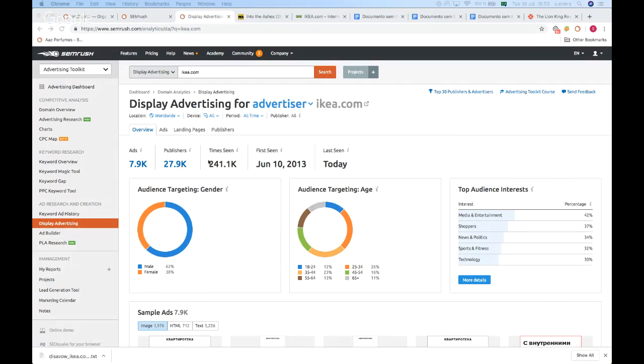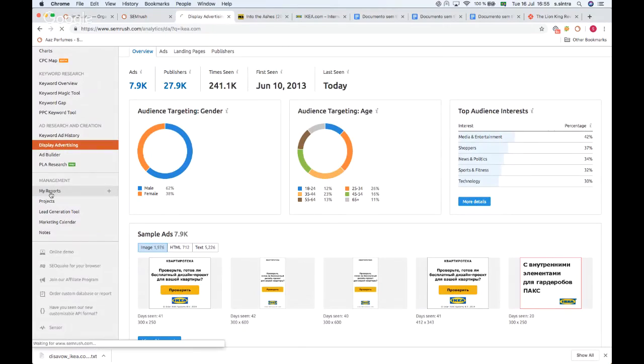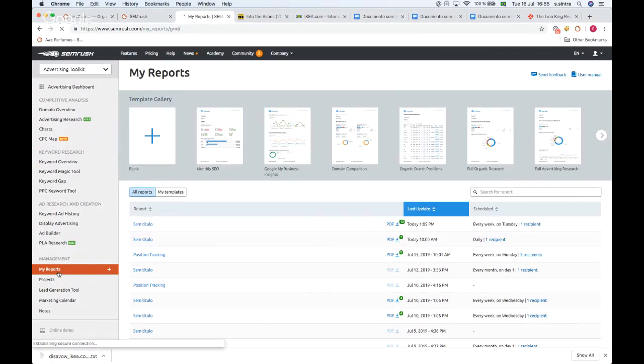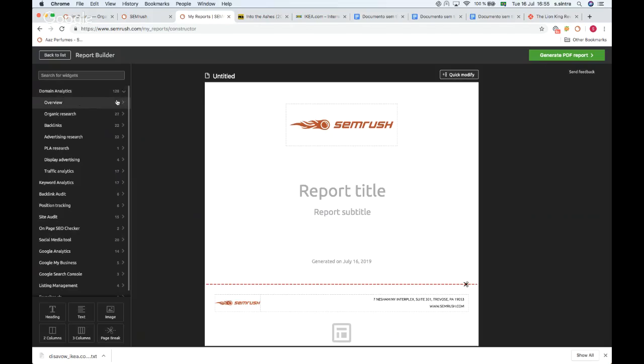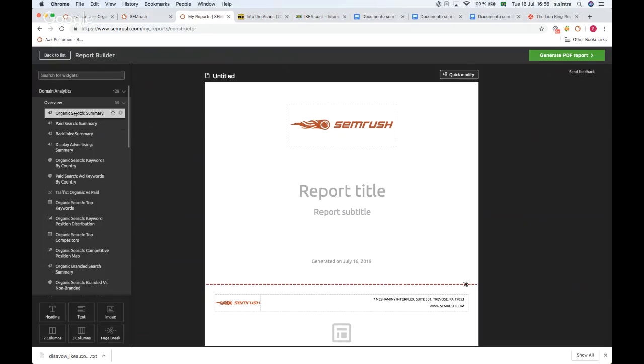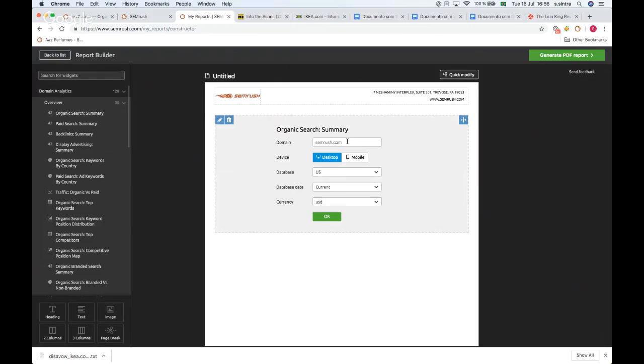Okay, great. Since we have 5 minutes, I will show you our last tool. There is my reports tool. With this tool, you can do very nice PDF reports. Just click on new template, for example, and you can add all these tools from SEMrush, or you can add some widgets from Google Analytics or Google My Business and Google Search Console. For example, let's do domain overview and summary. You just click and put it in your PDF report